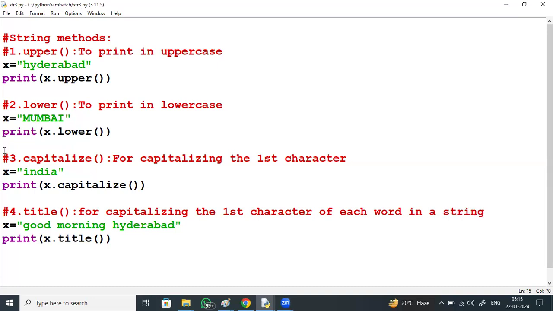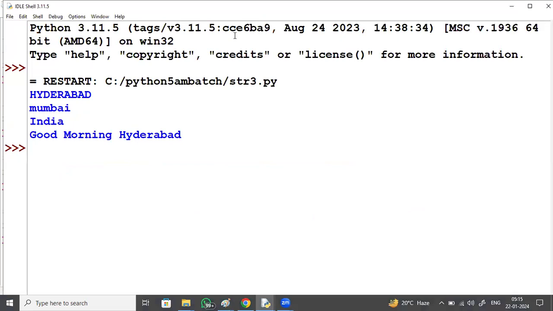Just observe this output. Good morning, Hyderabad. G in uppercase, M in uppercase, Hyderabad, H in uppercase.